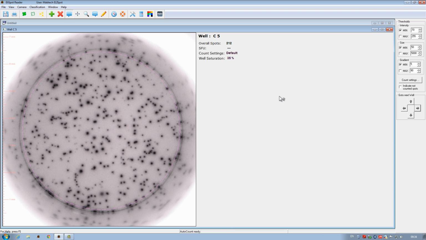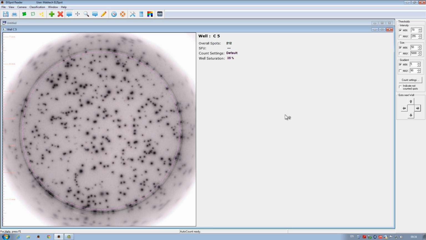By double-clicking on the C5 well, we can then reach the well view. We have been in this section of the software before when the camera settings were totally off. Now with the camera settings optimized, let's give you a proper introduction to this area as well. The well view is dominated by the large image area to the left. Here you are able to see the details and quality of the spots much better compared to the default plate view.